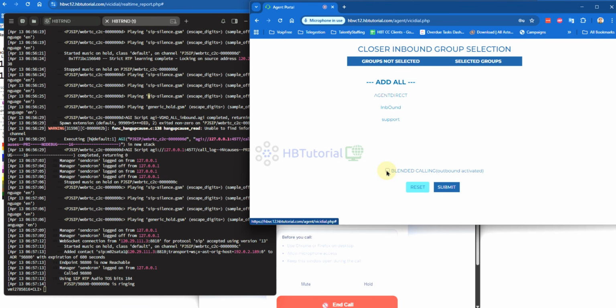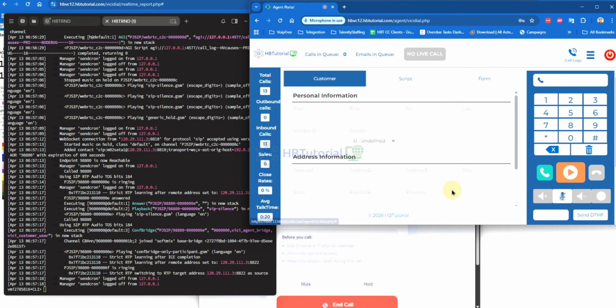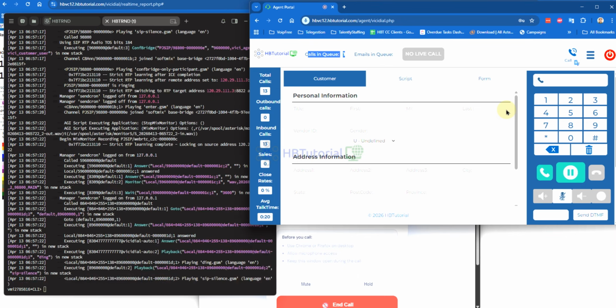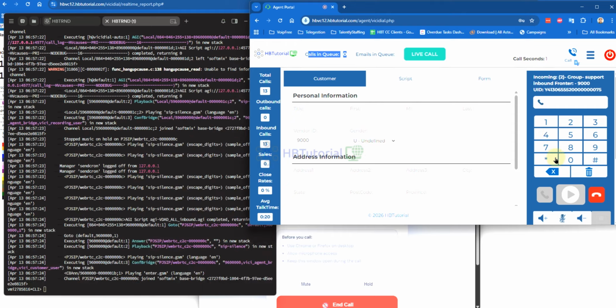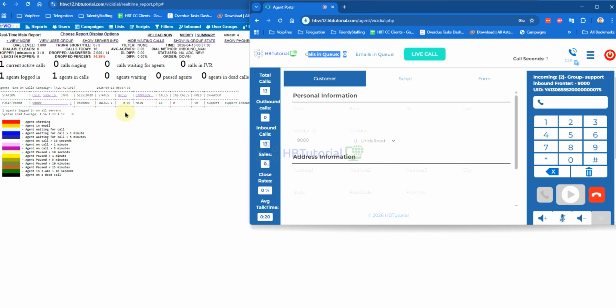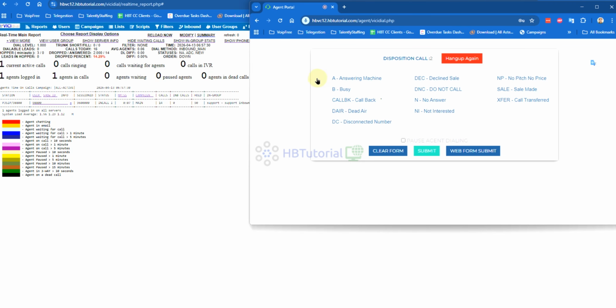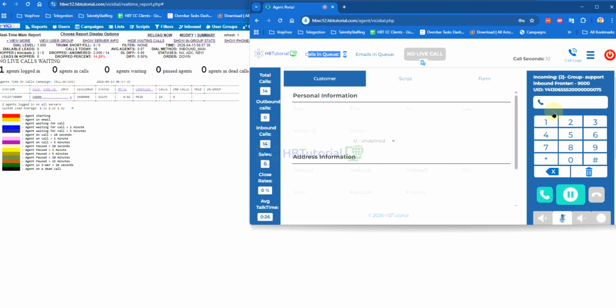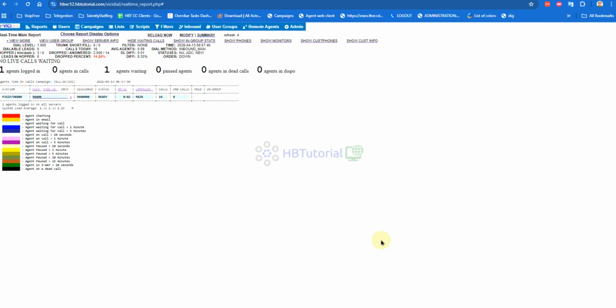Okay, so it's the one in the queue. I can answer it. Okay, so I'm in. You can see it's connected. So if I hang up, okay, it's ready again.